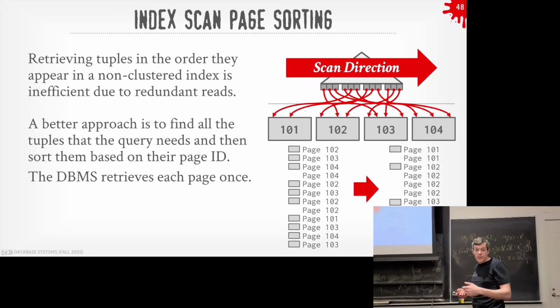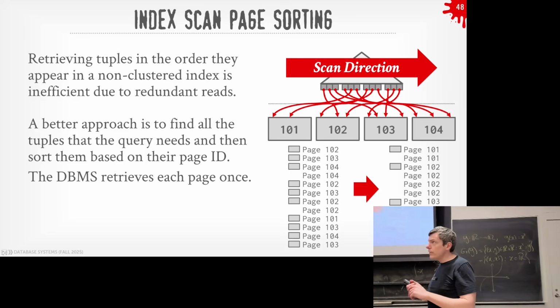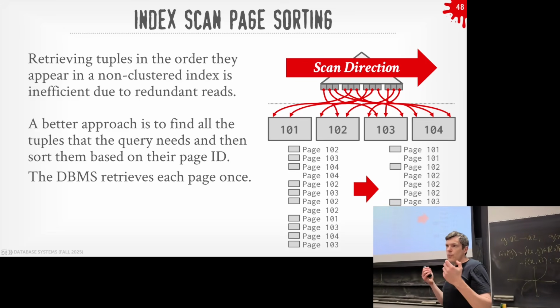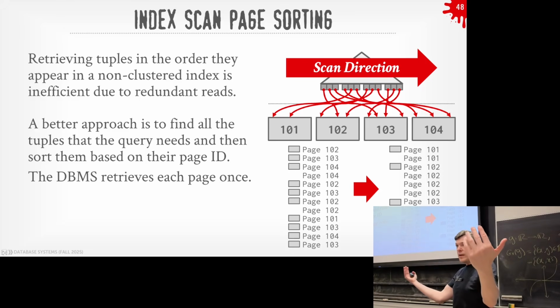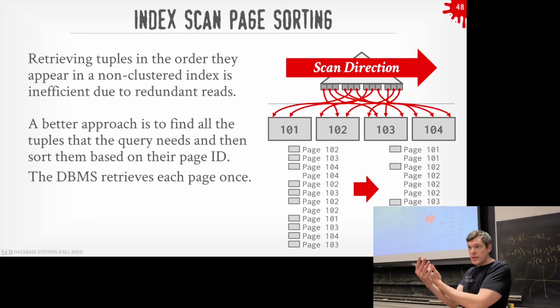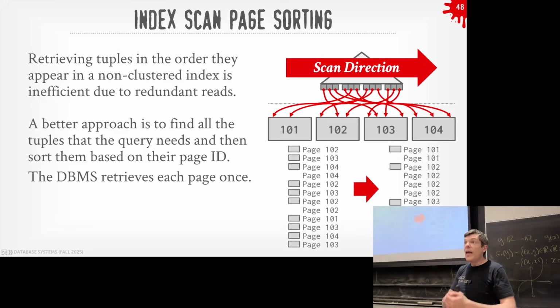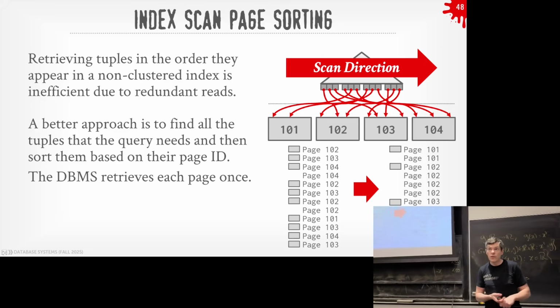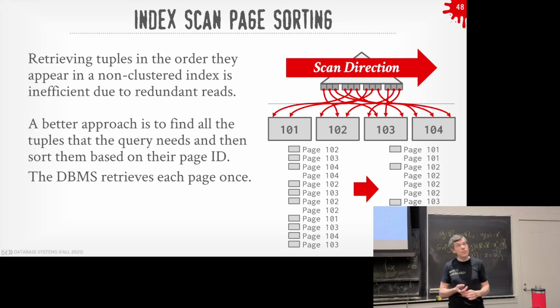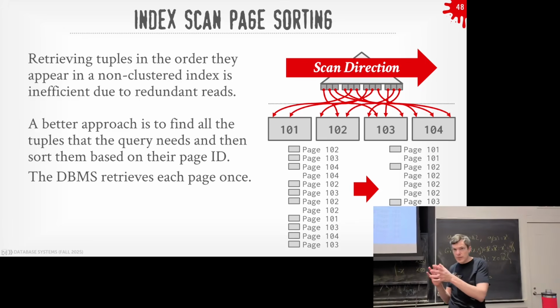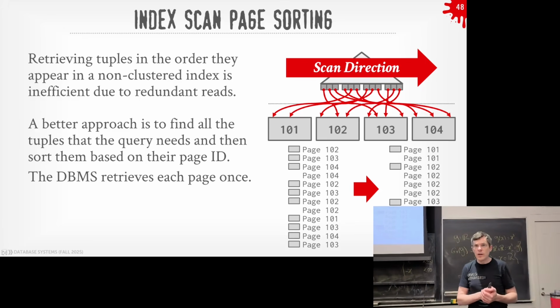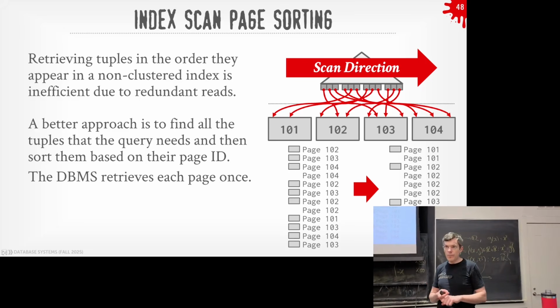And you can start playing other games. We'll see next class or in a couple weeks, if I have where A equals 1 and I have an index on that, and B equals 2 and I have a separate index on that, I'll do an index scan across them both, then do an intersection of those two lists of page IDs to figure out the minimal set that I actually need. Then go get those pages. Postgres calls this a bitmap heap scan. So we can use these indexes to be more intelligent about getting the data that we need to avoid random I/O.